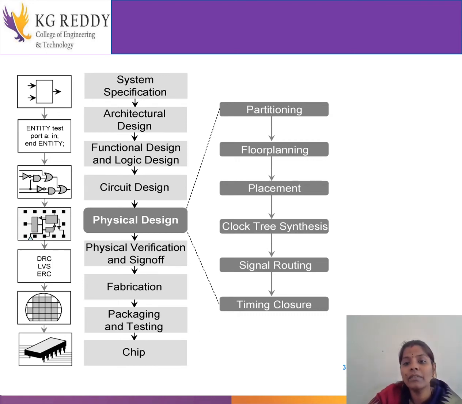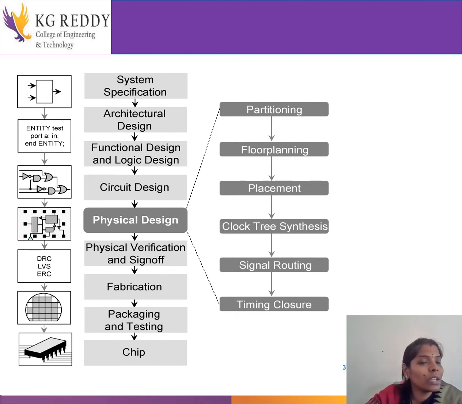Floor planning is about taking some small interconnections, or what needs to be placed where. In this floor planning, one more part is involved, that is determining the locations, the shapes, and the sizes of the modules in a chip. All those we will determine, and it also estimates the area, the size, the delay, and the routing congestion, thereby providing a groundwork for the layout.